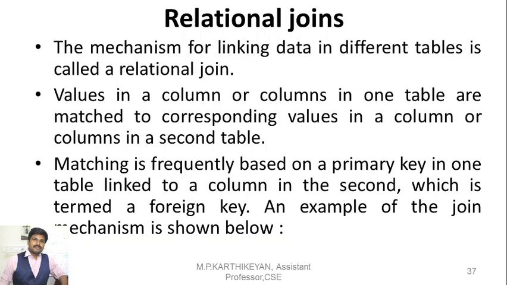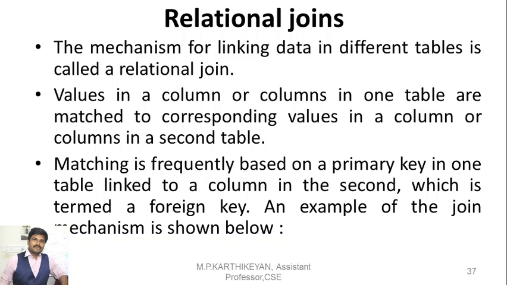Whereas in right outer join, we will be selecting the common data, obviously the department ID, and then the uncommon data which is available in the right table alone, which are the student ID, the student name, the student gender, and student department. Those are the data which is uncommon and available only on the right side. So those are the various types of joins. The join is divided into inner and outer join, and outer join is also subdivided into left outer join and right outer join. Hope you guys are now clear with that.